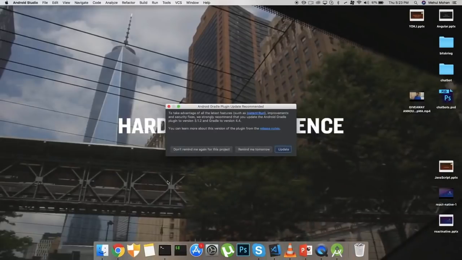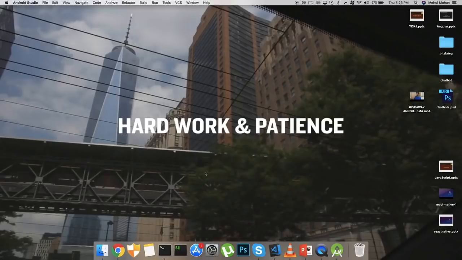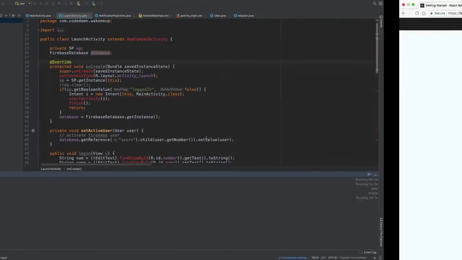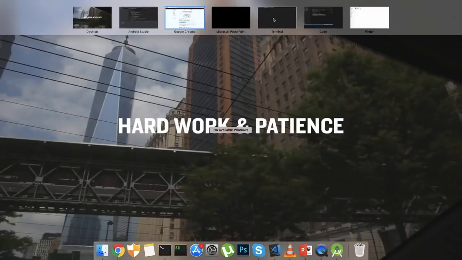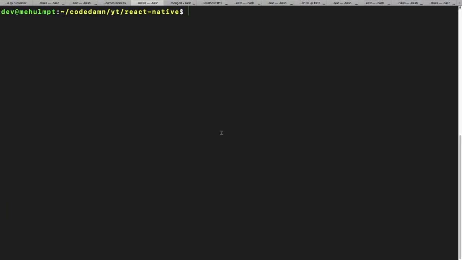For Linux and Mac OS users, just copy this stuff and go ahead, and inside your terminal right here, just open your bash